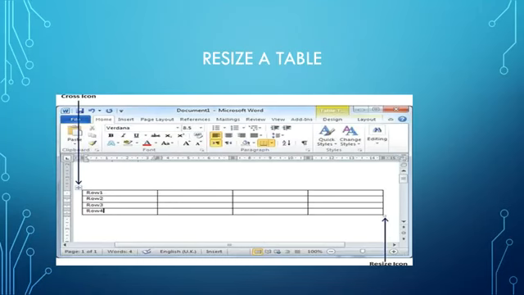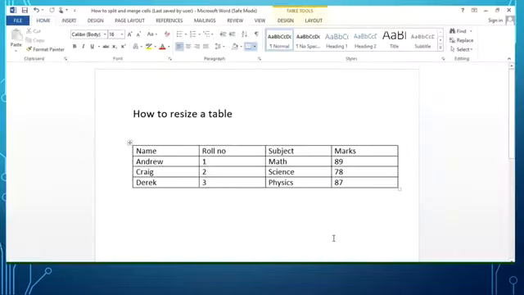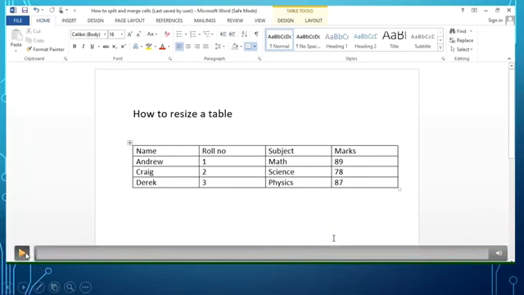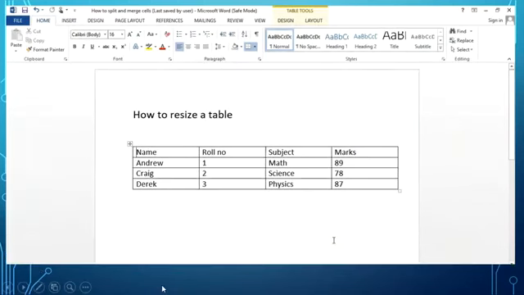Let's do it more practically so you can have a clear image of how to resize a table. Okay student, now I am going to show you how you can resize a table. Over here we have our table. All you have to do is place your cursor at the bottom of the table. Over here you can see a small square that is known as the table resize handle. When you place your cursor over here, you see